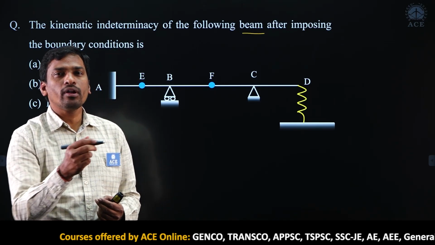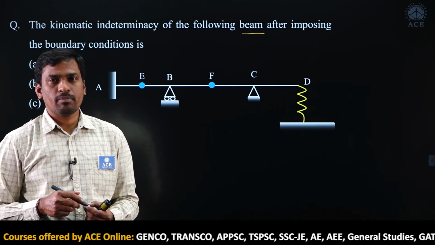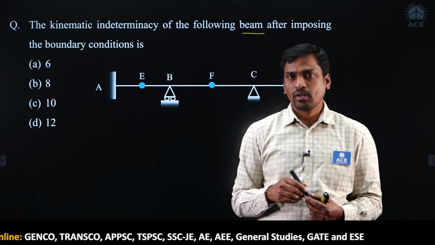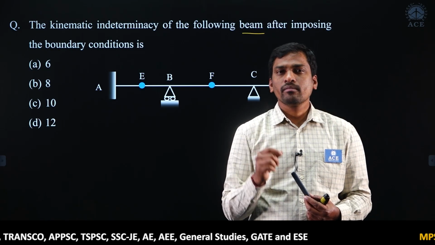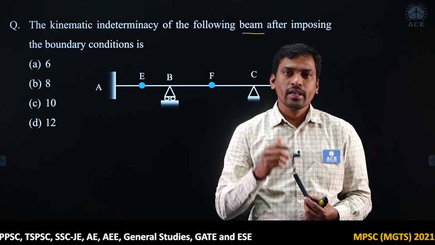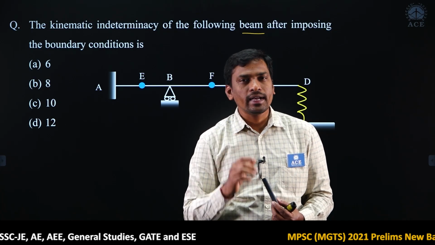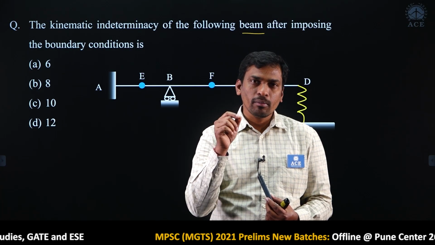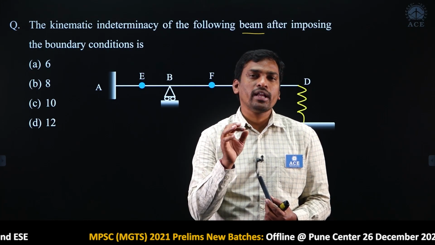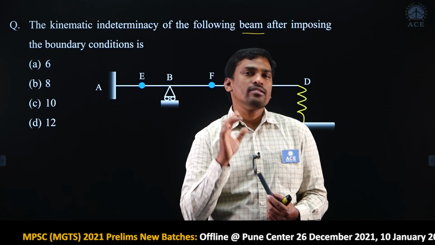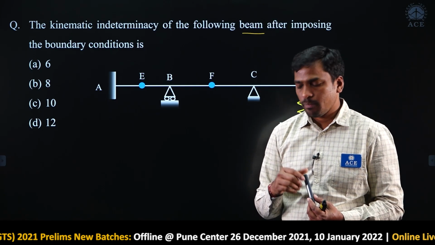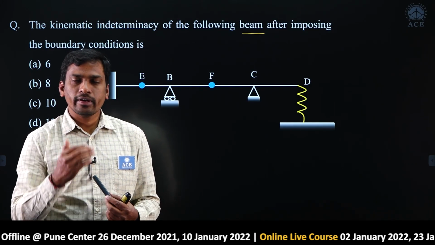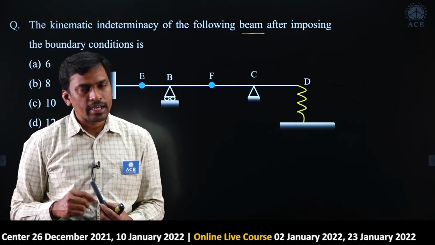We discussed boundary conditions in the slope deflection method chapter. Do you remember, in that chapter I gave a few steps? Step number 1, finding fixed end moments. Step number 2, boundary conditions. Boundary conditions are nothing but known values. For example, at a fixed support, what is the slope? 0. So it is a known value, so it is a boundary condition.